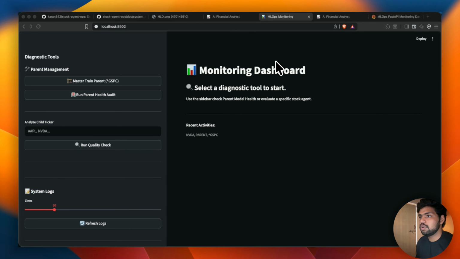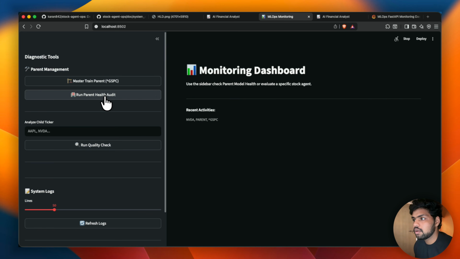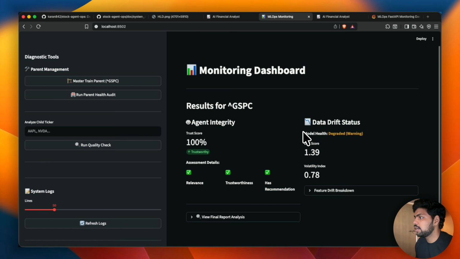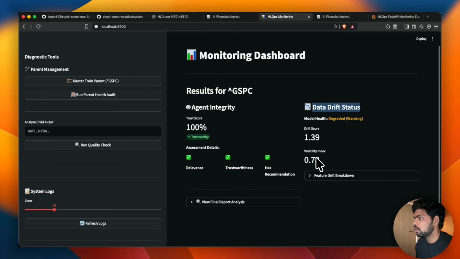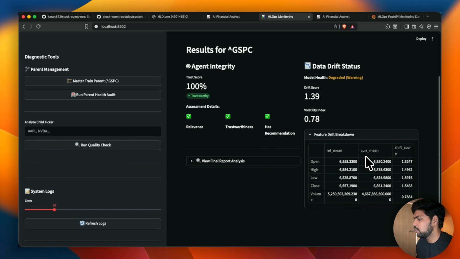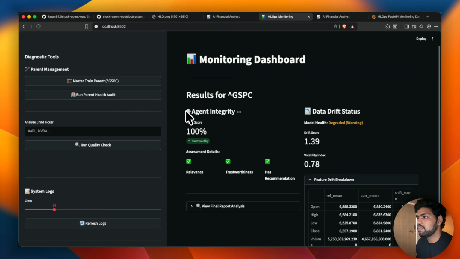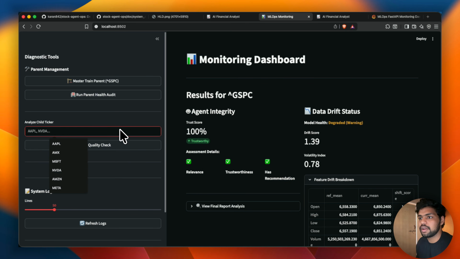Here is the monitoring dashboard, and now we have the parent health audit button. If I click on this button, I will get the data drift status of the parent model and the drift score. This is a feature-based data drift, so you can see there are some statistical values. And on the other side, we have the evaluation of the agentic AI performance, which is for the parent model. And if I go there and test it for NVIDIA,